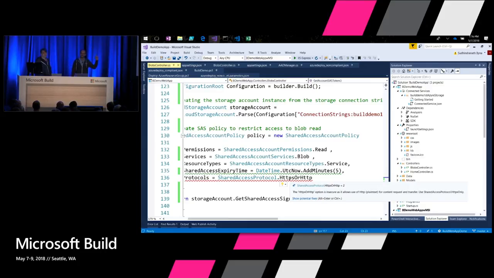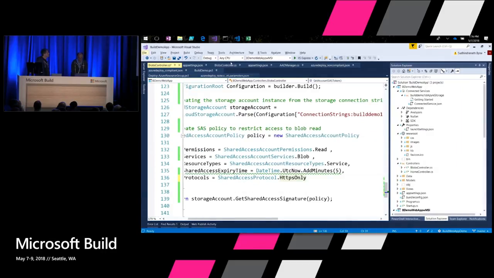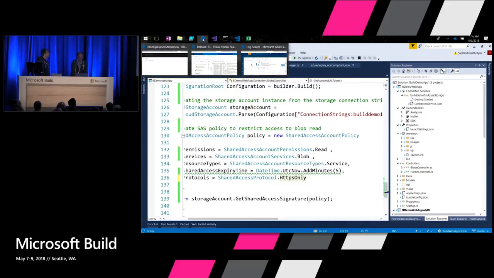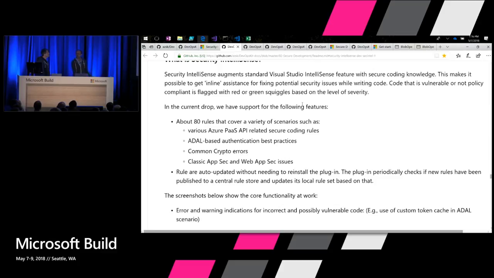This is where I introduce you to the first extension that we made available to our engineers, called Security IntelliSense. We incorporated security tools within the IntelliSense framework so that while writing the code, people can directly get these hints. In this case, it suggests I use HTTPS only, right? The moment I do that, the warnings go away, the error goes away. This extension is already available publicly. You can directly install it from the marketplace, and we also made it available as part of the GitHub open source documentation as well.